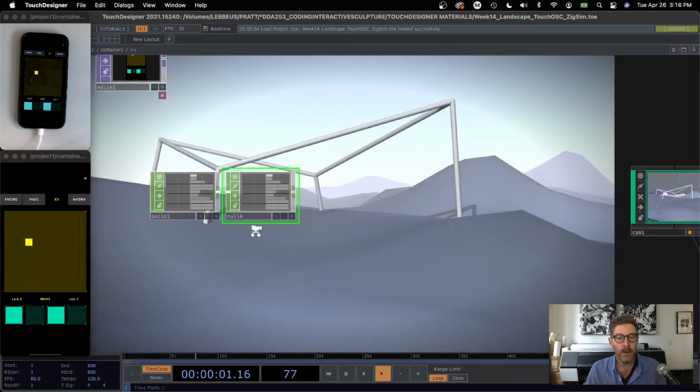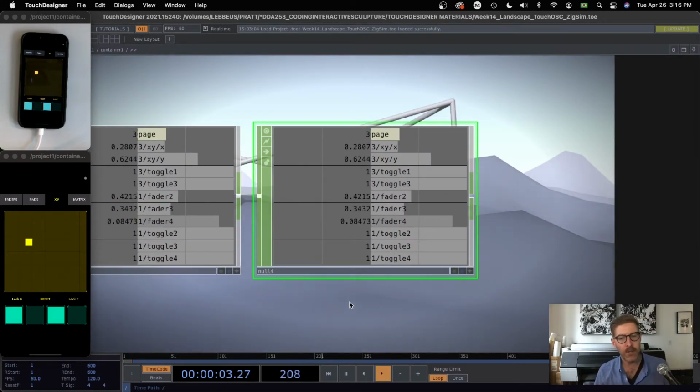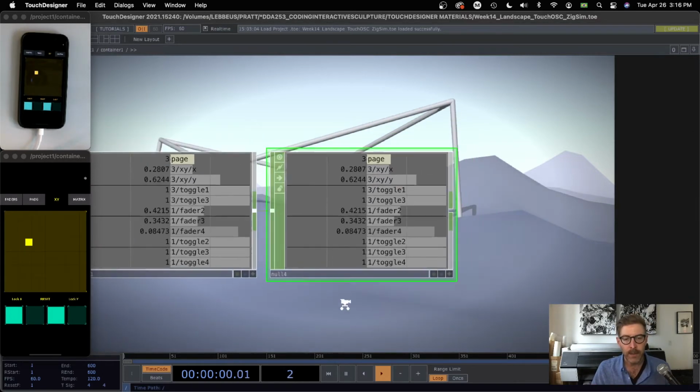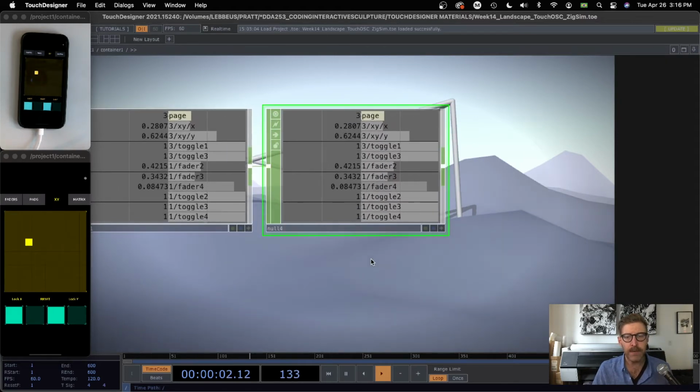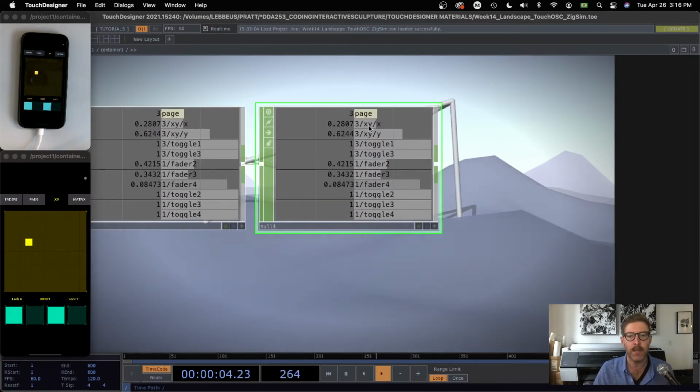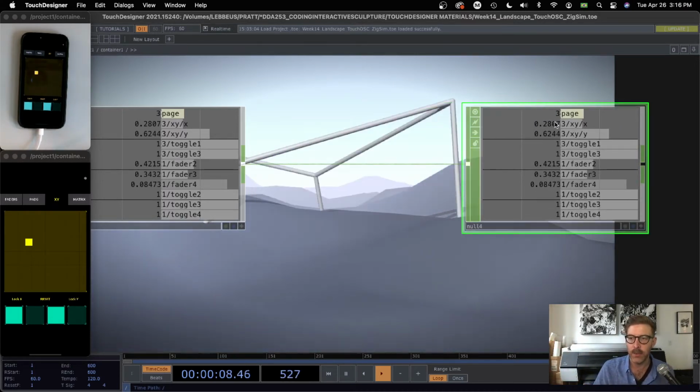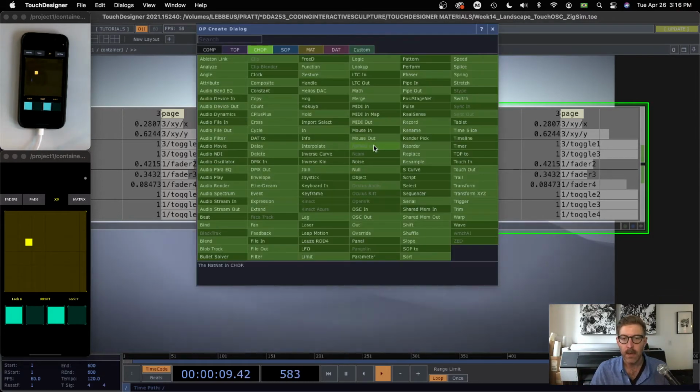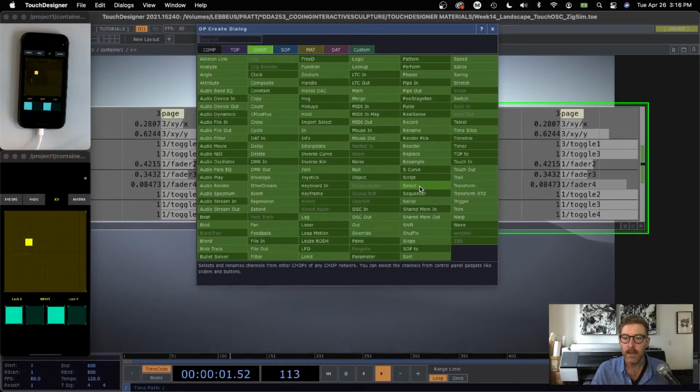I want to throw in a little extra CHOP channel parsing black belt techniques here that we haven't really talked about yet, because there are a lot of instances where maybe we do want to parse these separate from each other. What if I wanted to do some math on just this x and y value, but not on all the other channels, or filter any other type of CHOP parsing? So I need to do a select,